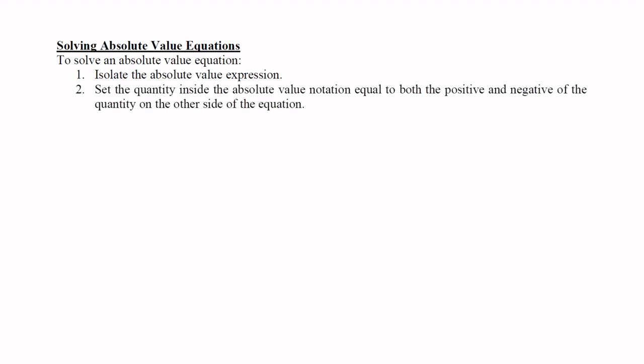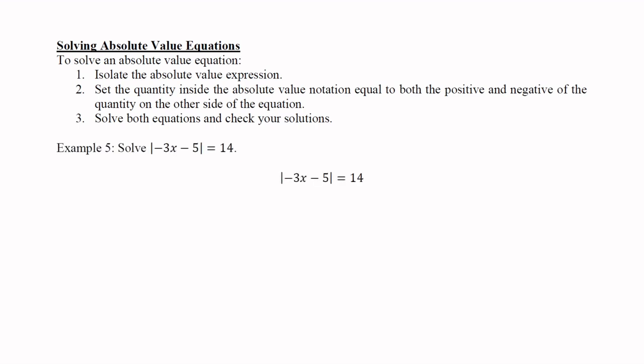To solve an absolute value equation, isolate the absolute value expression, set the quantity inside the absolute value notation equal to both the positive and negative of the quantity on the other side of the equation, then solve both equations and check your solutions. So for this example, we have an absolute value expression already isolated, so we're going to